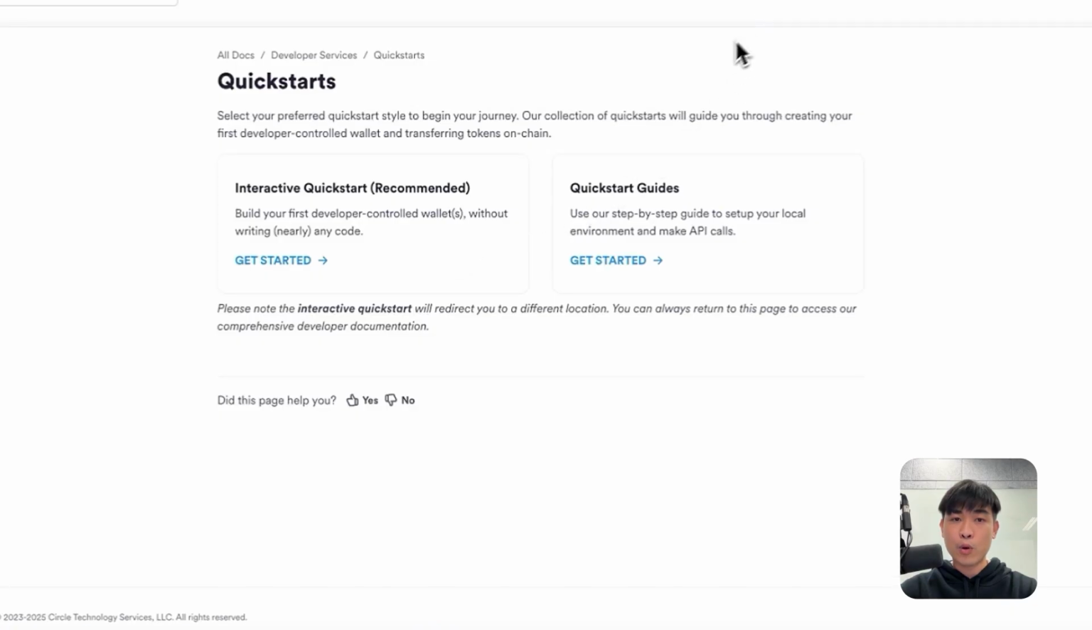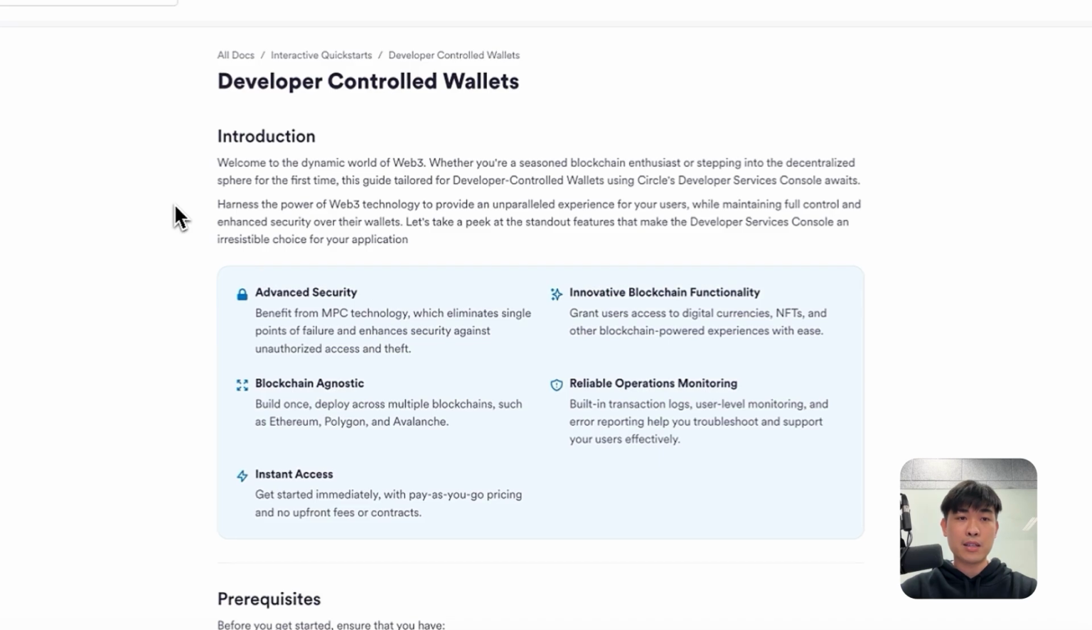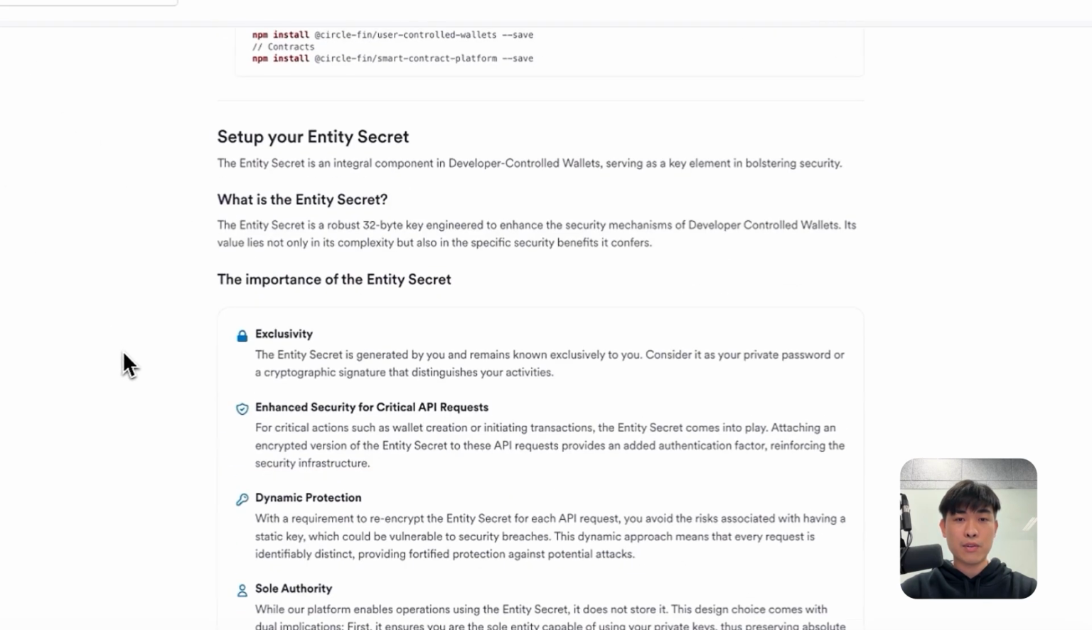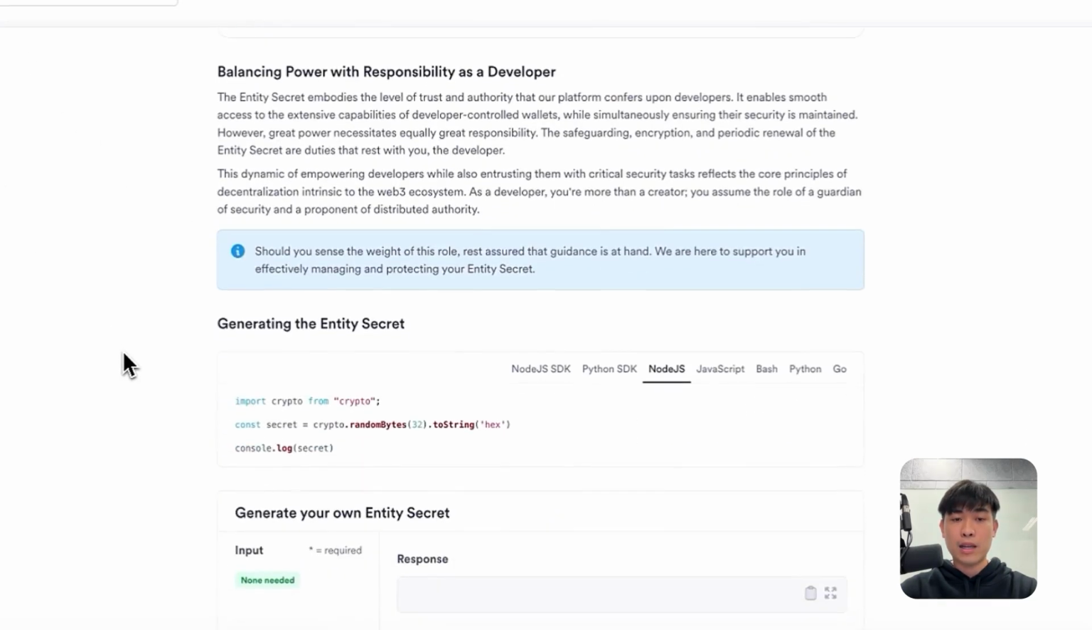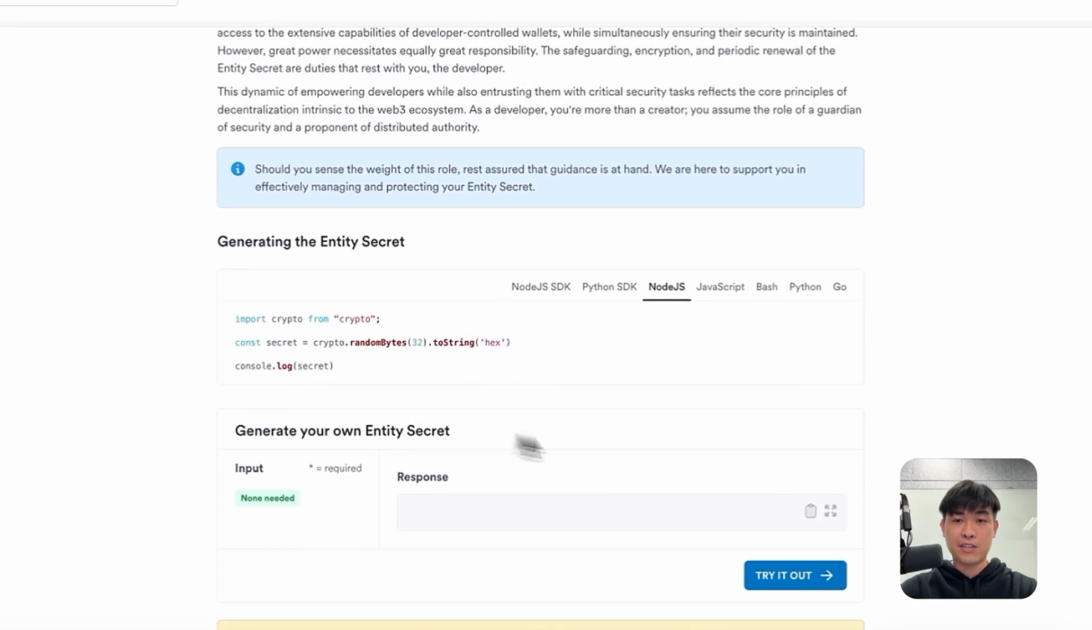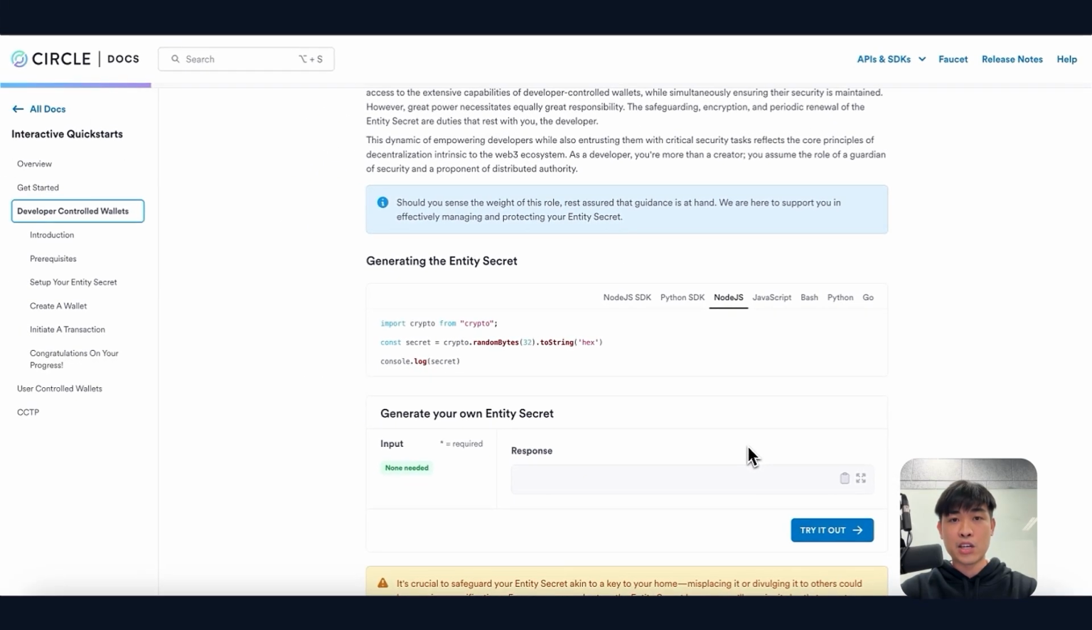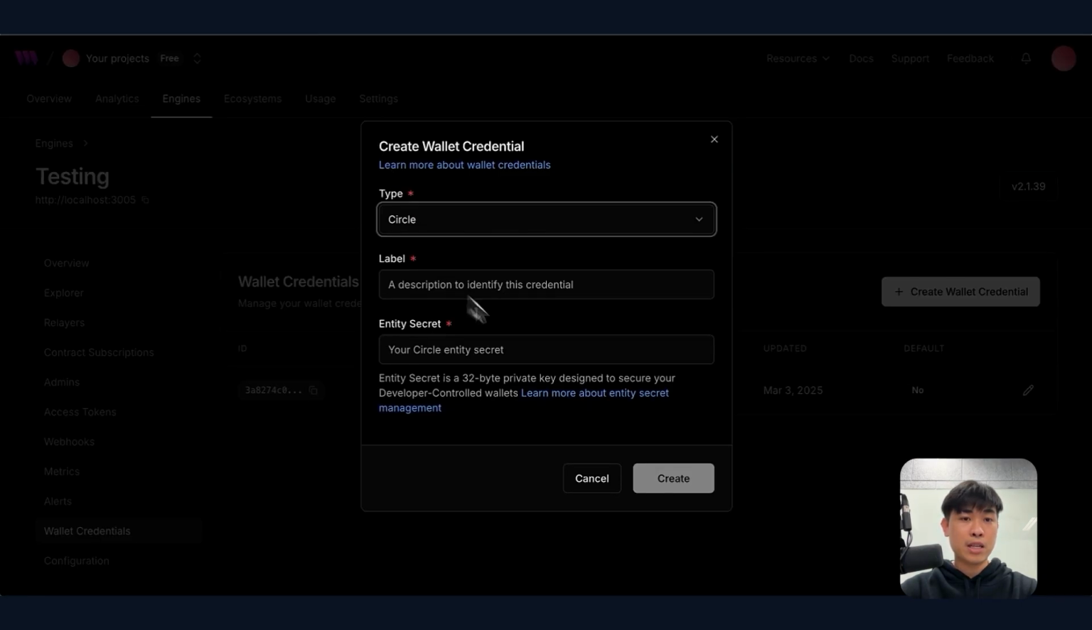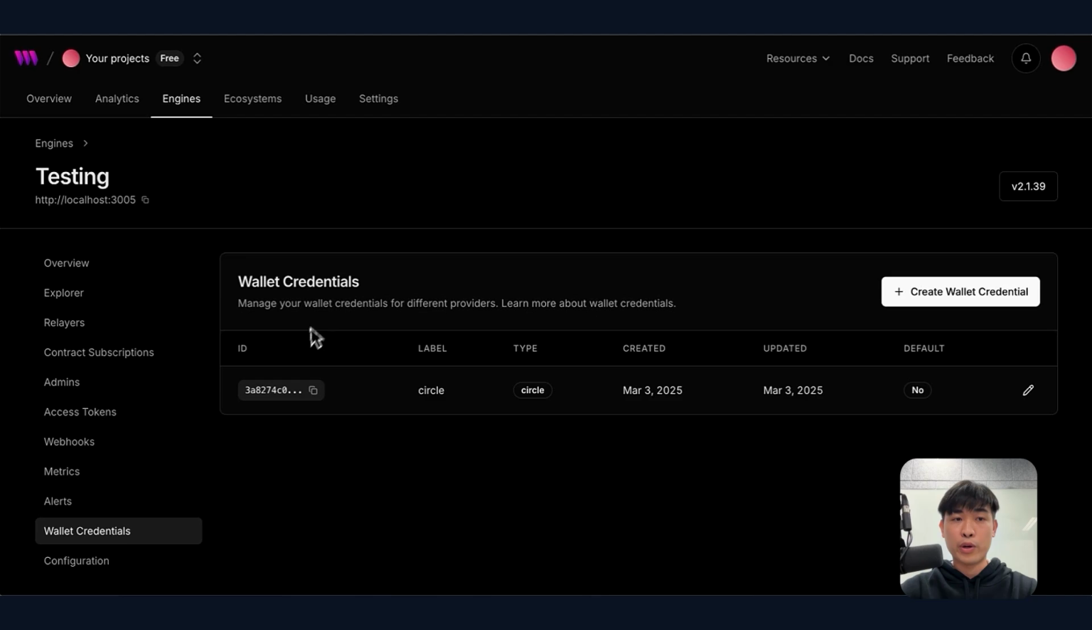In here, you can follow the Quick Start Guide, the interactive guide that is recommended, to kind of go through and see how you can generate the entity secret. It might be as simple as this. And once you have done generating your entity secret, go back to the Thirdweb Engine dashboard and paste the entity secret you have generated. Once you've done that, click on Create, and you would have a wallet credential created inside